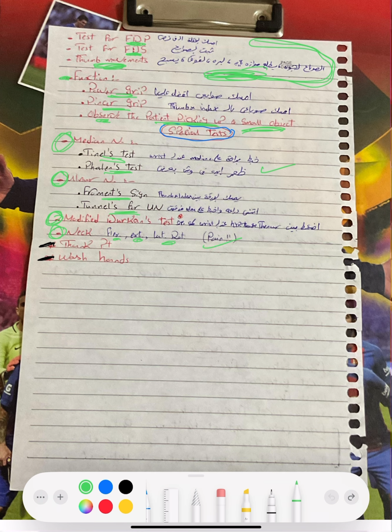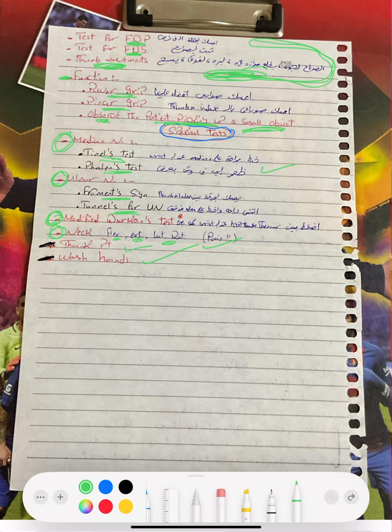After this, you have to thank the patient for letting you examine them. Do you need any help to get dressed? And wash your hands and go to present your case and have a small discussion about what you see in your case with the examiner. By this systematic frame, you will collect more marks.